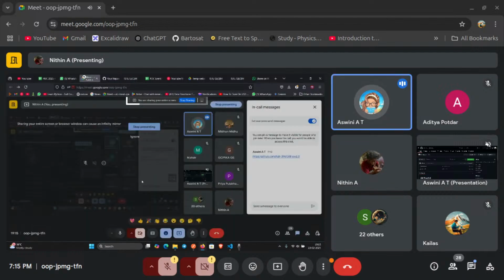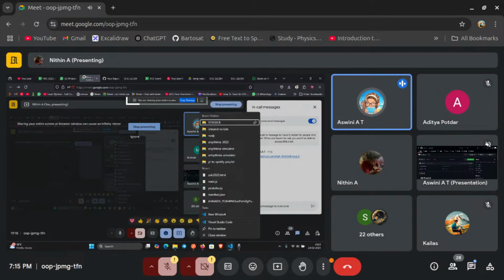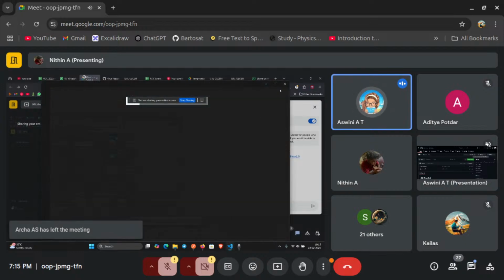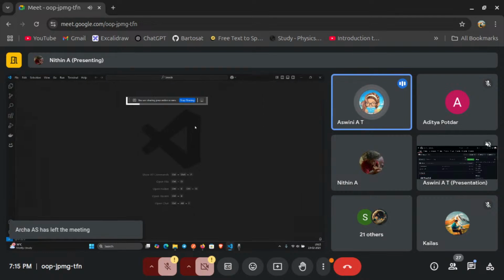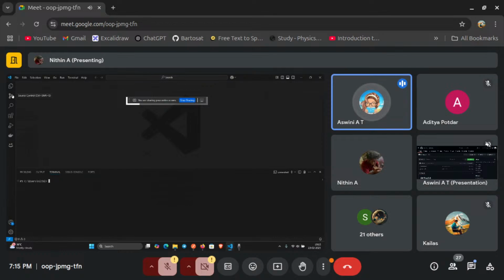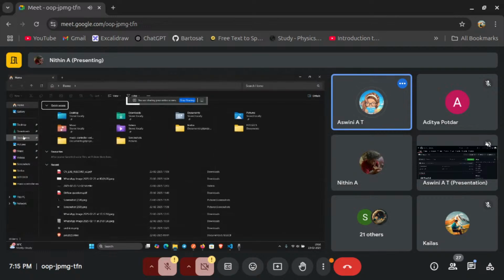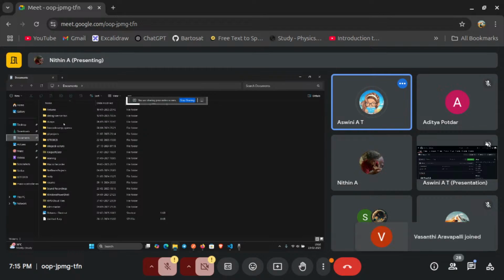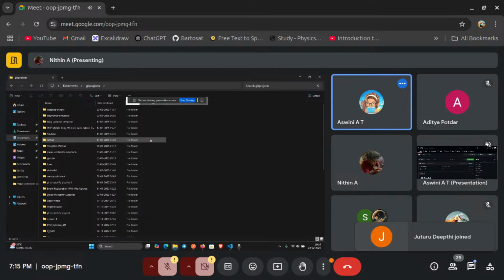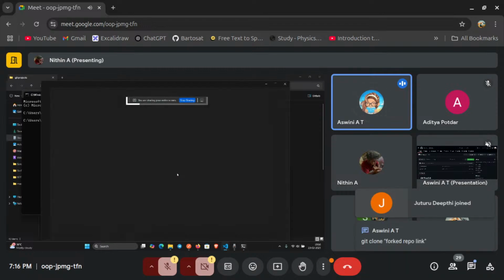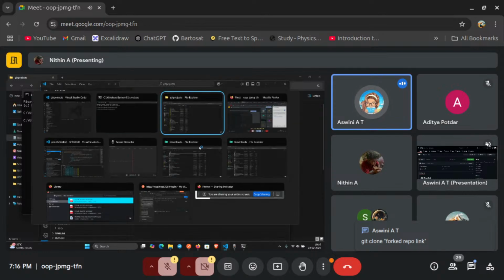Now, the same thing that we did yesterday: you need to clone the repository, the one that you have forked. I can see 6 people have already forked the repository. So you have to go to the fork repository, then click on this and copy this link here and clone it. I'll put the clone command that we had discussed already yesterday. This is the command. So go to your terminal